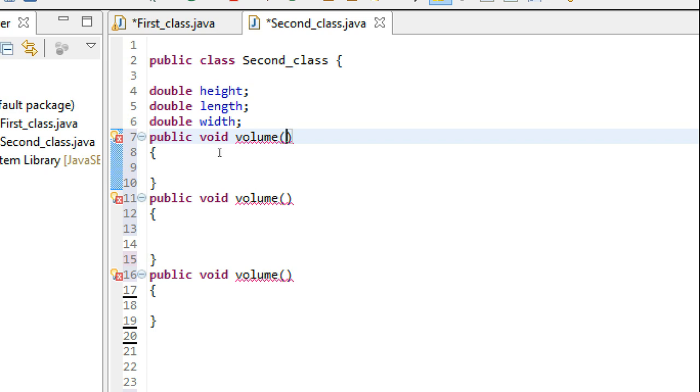And what can be used to distinguish methods having the same names? The answer to that question is parameters. Overloaded methods will always have different parameters. Okay? So let's say the first volume method will have three parameters. That would be